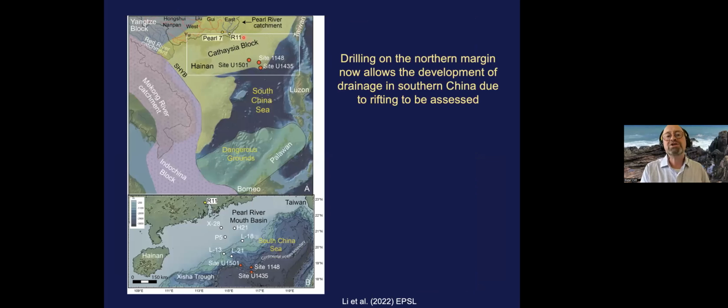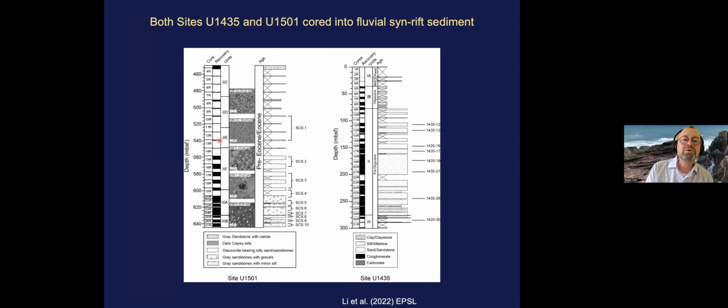The situation is a little bit different in the north, and that's why the timing of lower crustal flow may be different in different parts of South China Sea. In this region, this offshore is mostly being supplied, well, recently from Taiwan, but before that, mostly from the Pearl River. And so we were able to get at this a little bit through recent drill sites from IODP, where we were able to look at the Sin Rift, both at these two sites that are separated by a